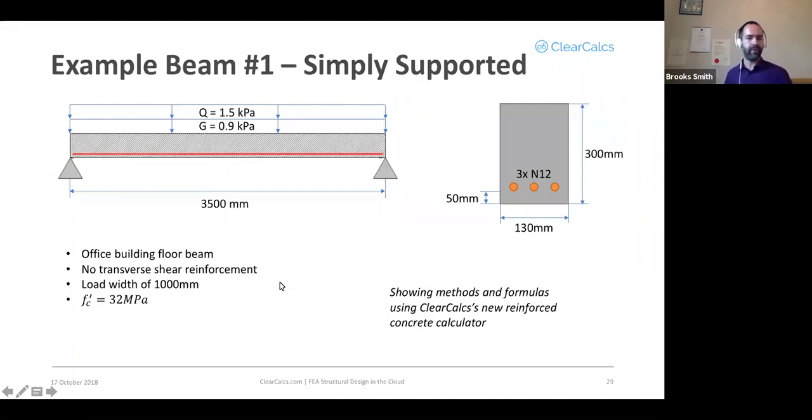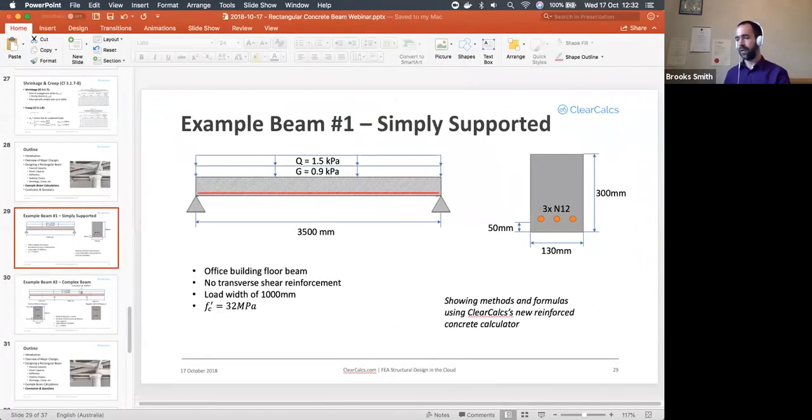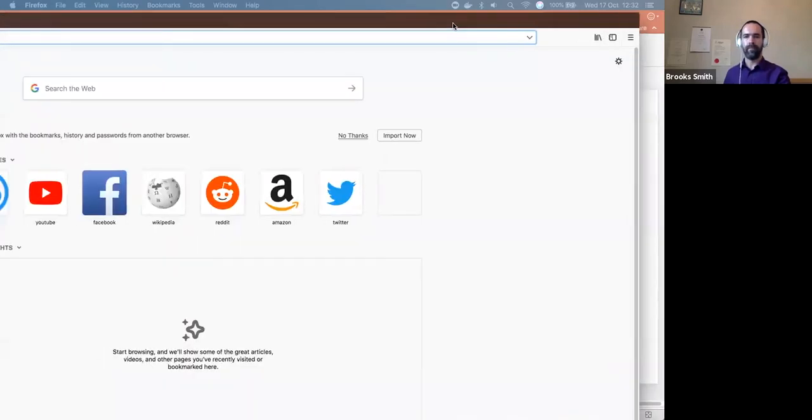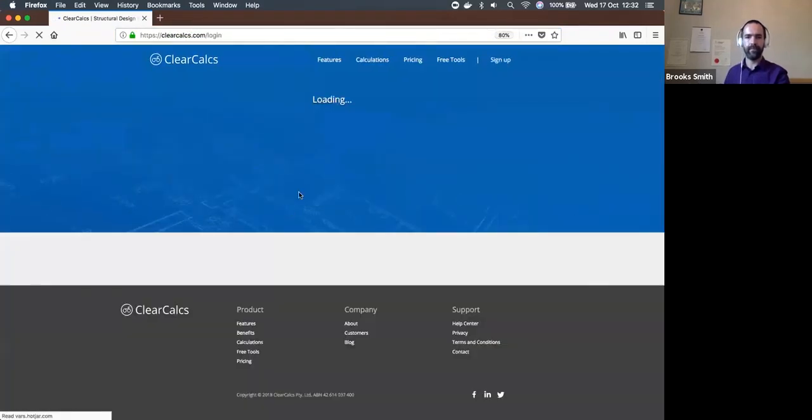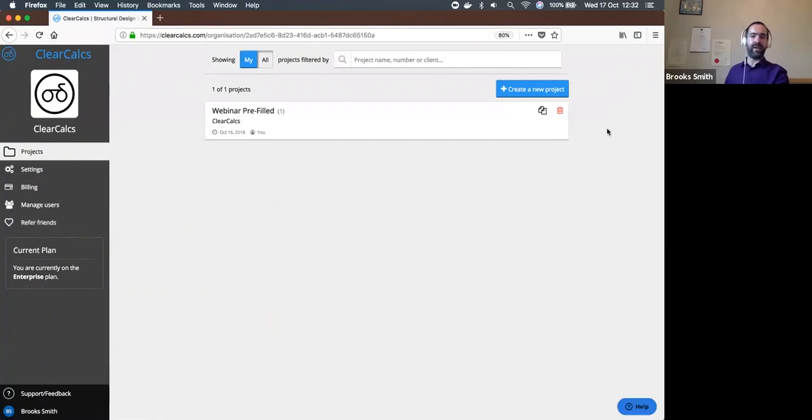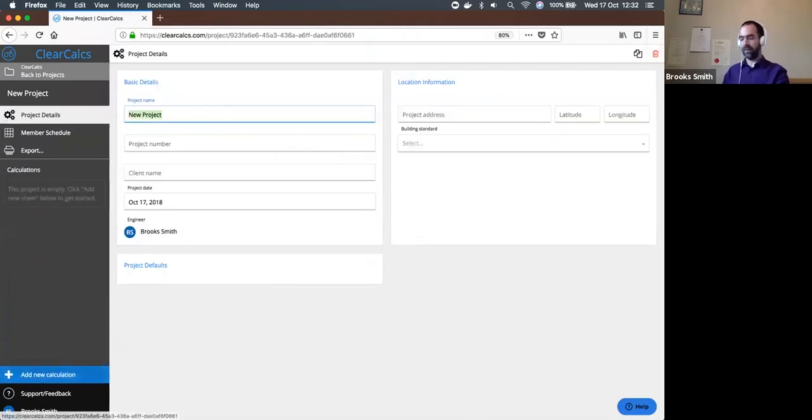We're going to assume no transverse shear reinforcement, a load width of a simple flat 1 meter, and concrete strength of 32 megapascals. Now, we're going to show how the methodology and formulas work using our new reinforced concrete calculator in ClearCalcs. So I'll load up my web browser and just go over to clearcalcs.com. And I'm going to create a new project, just call it webinar for now,